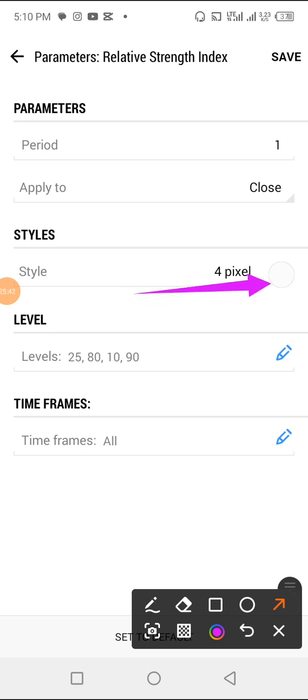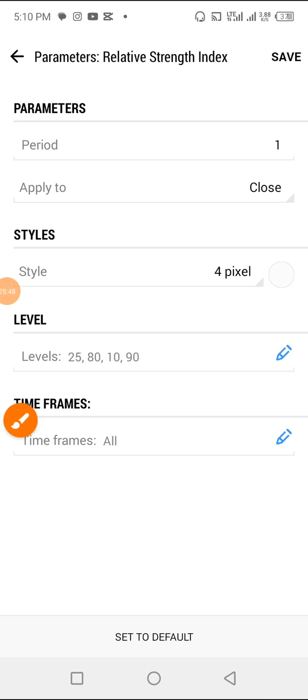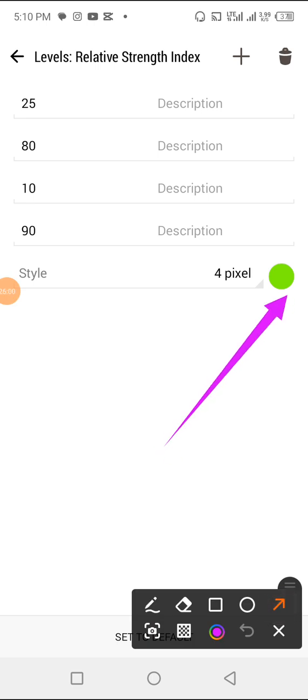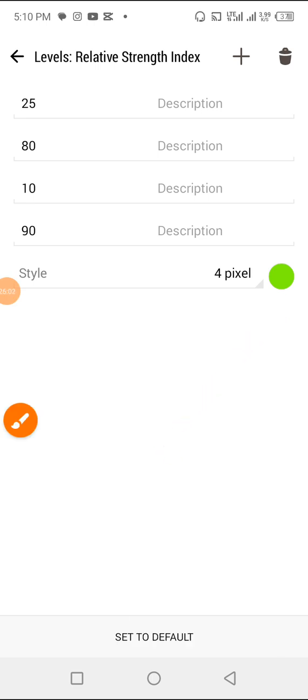So when it's in your background color, then all we need here is levels. Now, we need level 25, level 80, level 10, and level 90. Exactly. So you can use any color as your style. Now, when price gets to approach level 25 and level 10, we'll be looking for